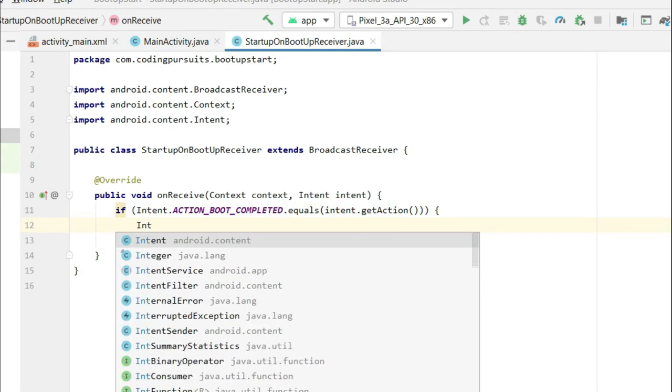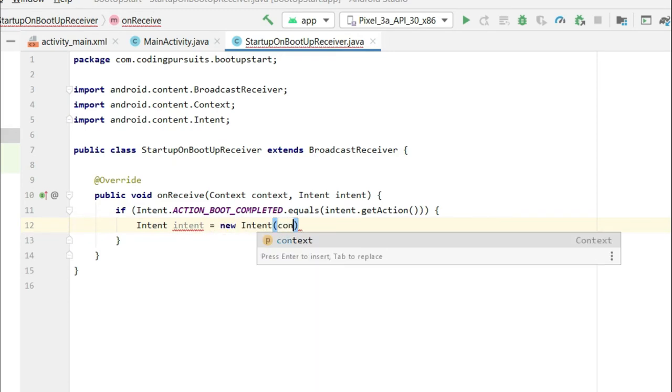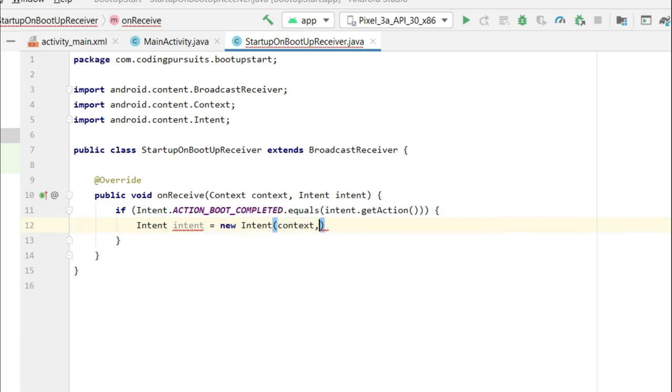And let's initialize the intent for our activity so that our activity will start here. I am getting an error because it is a duplicate declaration. Let me give some appropriate name here.